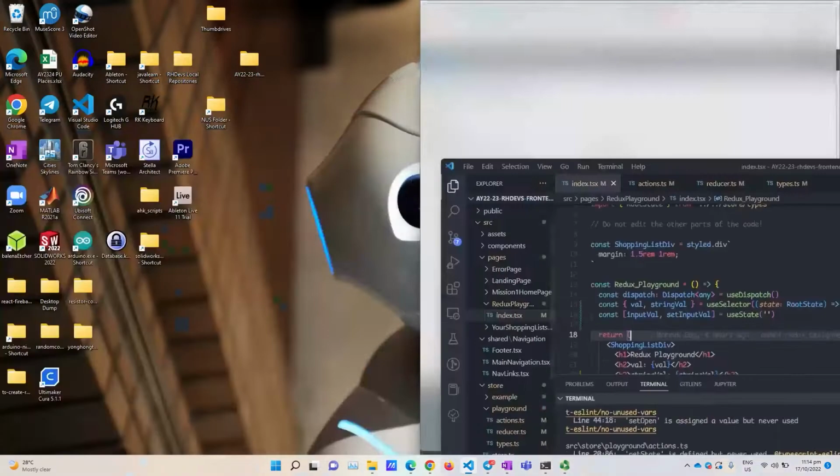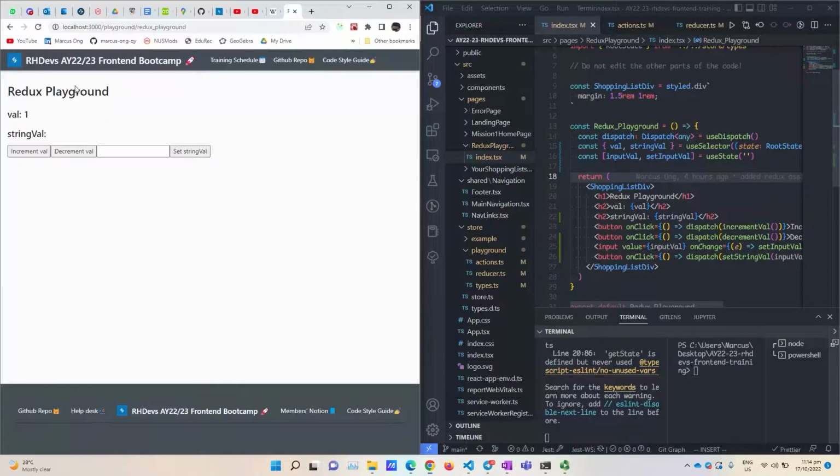So now what we have is, we can now set values to our string val. And that's it for